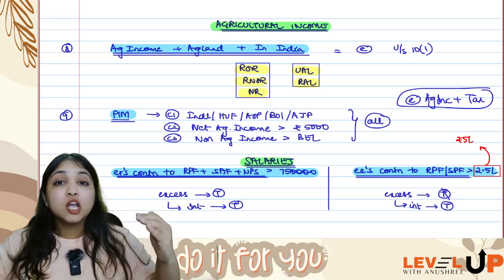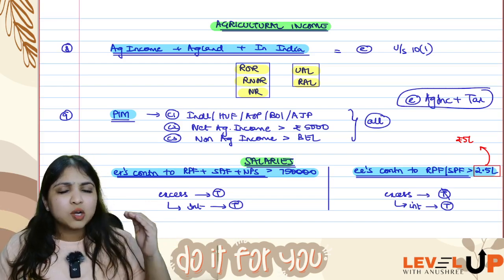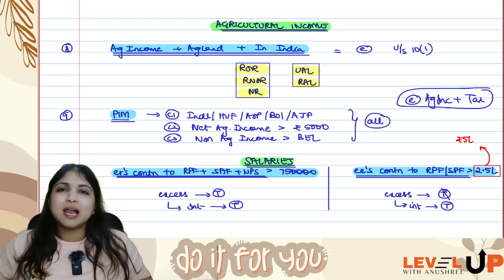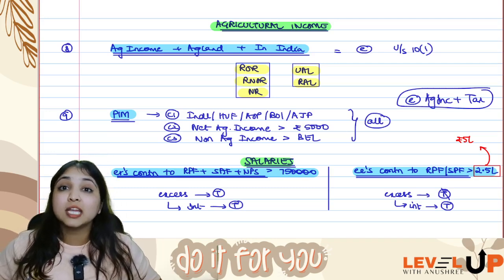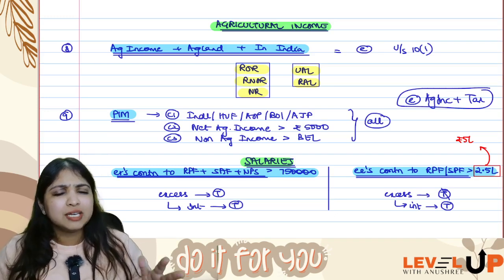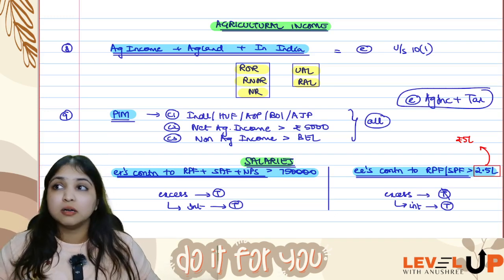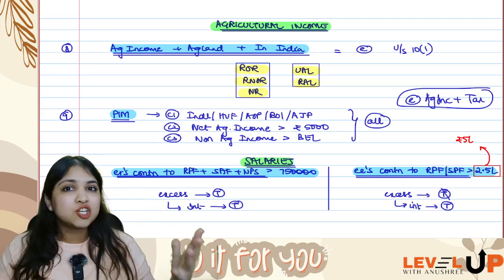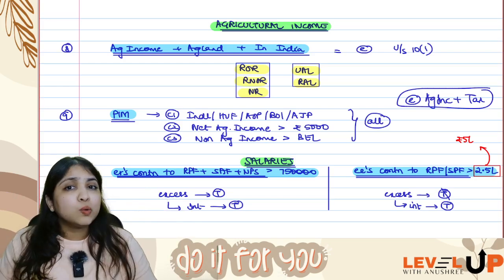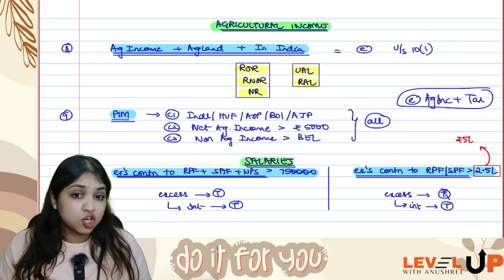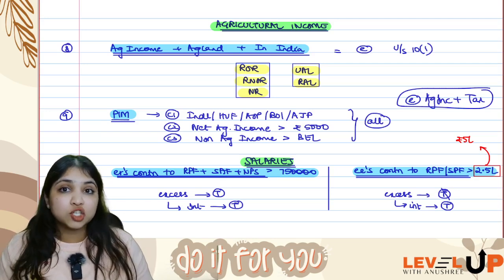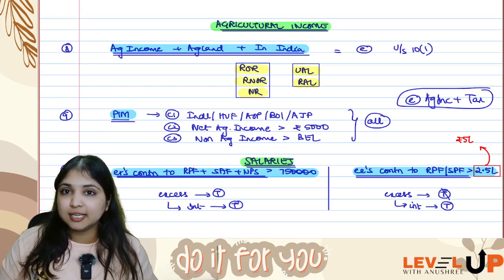So your sequence of thinking will be like this. The question says the assessee is having exempt agricultural income. You will immediately go to the last line of the question and see, are they asking you to compute tax? Whether 115BAC or normal regime, it doesn't matter. If the assessee has exempt agricultural income and you're computing tax, immediately the partial integration method will come to your mind. But you will never straight away start applying it. You will first check whether the three conditions are fulfilled. Only if all three are fulfilled will you apply the partial integration method.